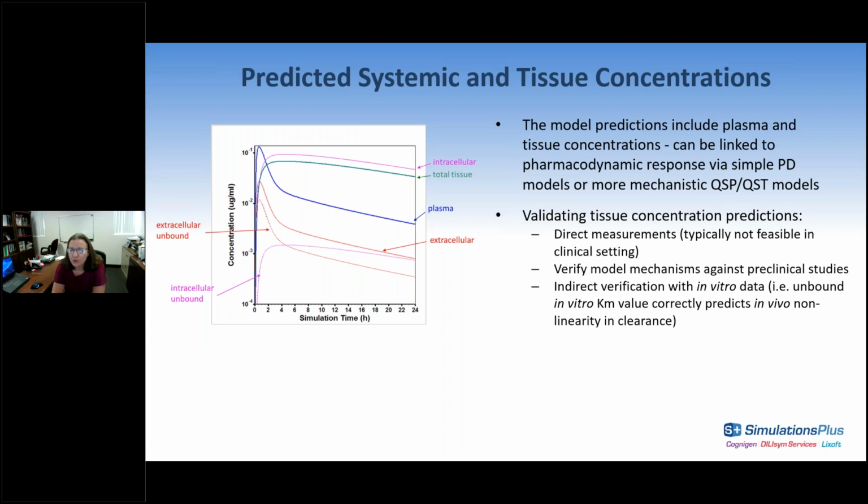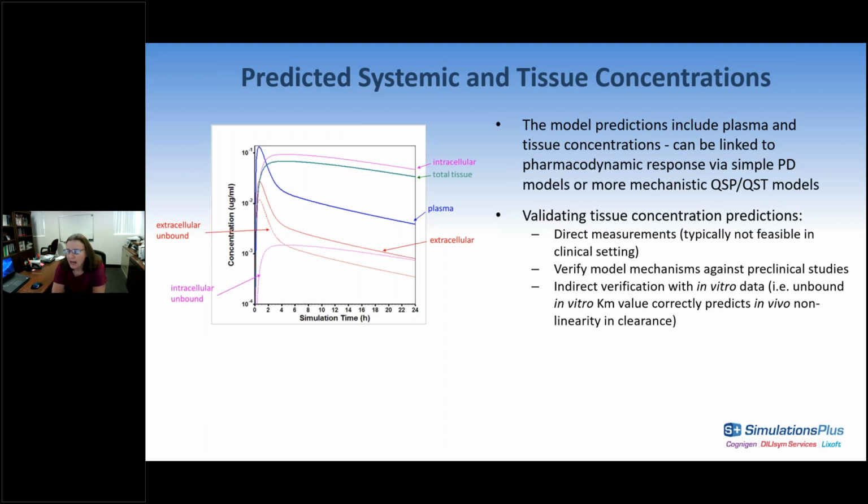It is possible to measure some of these concentrations in the animals, and use those to evaluate and make sure that we are accounting for correct mechanisms that are affecting the specific compound of interest. And once we have confidence that we are correctly describing all the mechanisms responsible for the compound's distribution, that gives us more confidence in translating it into the human and in those predicted concentrations in human.